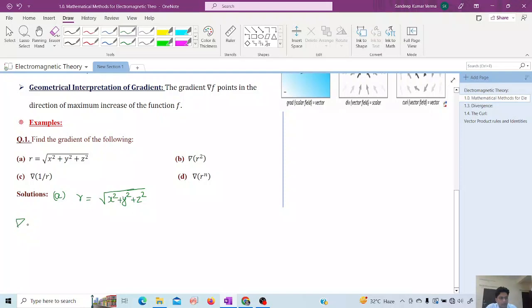The gradient of any function is defined as ∂/∂x x̂ + ∂/∂y ŷ + ∂/∂z ẑ